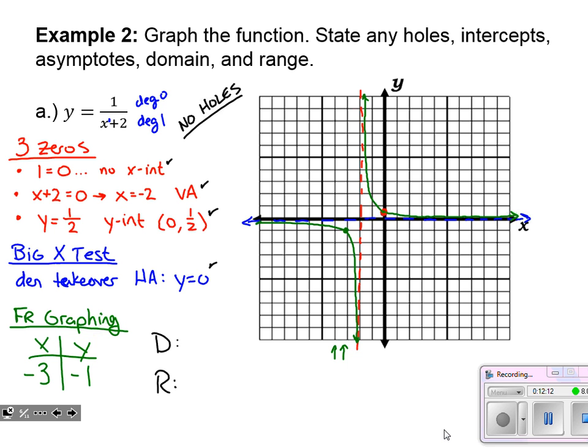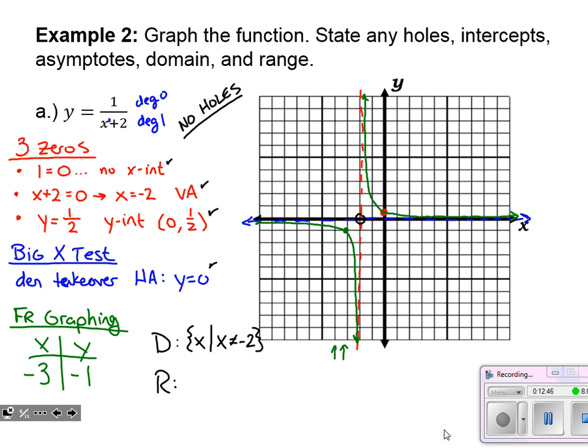Domain and range, here I'm going to show you a fast way to describe this. It's called set builder notation, and it's a fast way of saying all x's except for. Because if we scan this graph from left to right and look at all the x values that lead to the graph, everything works except right here where we had our vertical asymptote. So I'm going to say all x's such that x does not equal -2. That bar is read as such that. So my domain is all x values as long as x is not equal to -2.